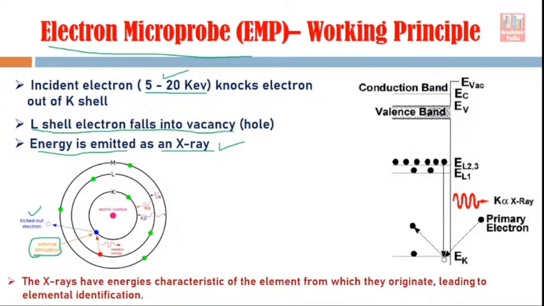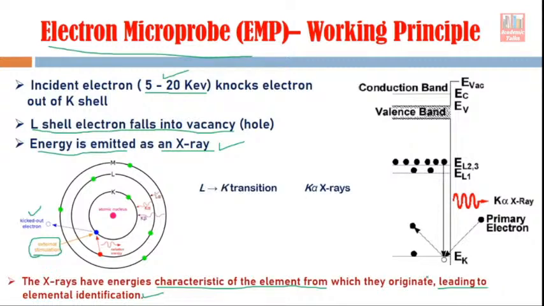Now the energy which comes out of the atom or out of the solid because of this transition from one level to a lower level is characteristic of the element, because different elements have different atomic arrangements, and because of that, the energy which comes out of the atom during this transition, the X-ray energy, is also different. That X-ray energy can be used for the identification of the elements. That is a very important point that makes it possible to identify the different kinds of elements which are present in the sample.